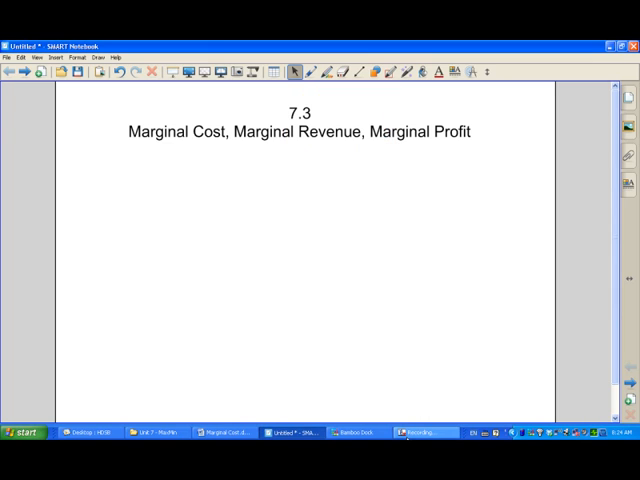Everyone. In this video, lesson 7.3, we're going to be looking at some more applications of the derivative, especially around max and min type problems. Today we're going to be looking at three things: marginal cost, marginal revenue, marginal profit. So we need to put our business hats on for this video and think about how do companies determine